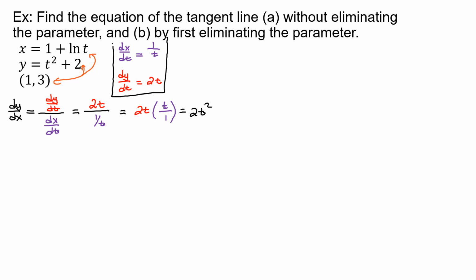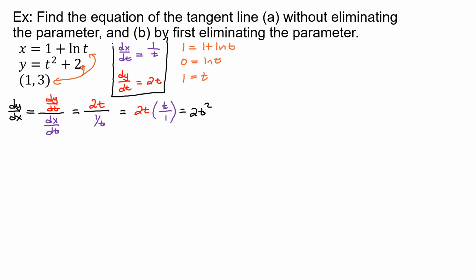And so just pick, for instance, the first one. If x equals 1 plus natural log t, and my x value is 1, just do 1 equals 1 plus natural log t, and solve it for t. That would give me 0 equals natural log t, and you might remember from Cal 2 that, that doesn't look too good. Natural log t? Well, it's okay. You might remember that natural log of 1 gives you 0, or you can exponentiate both sides. But either way, t would be